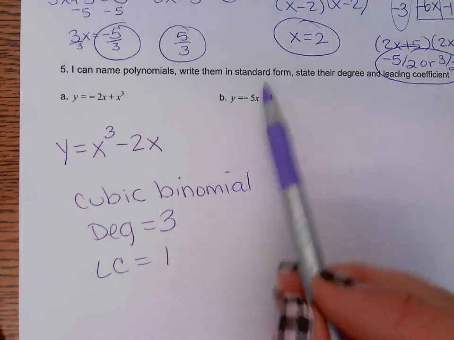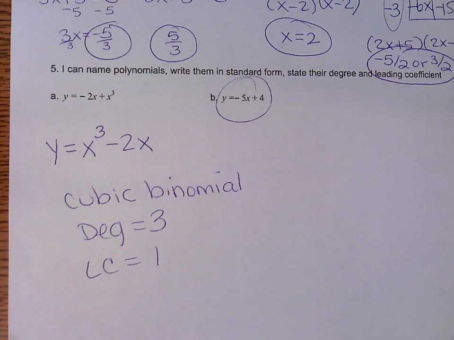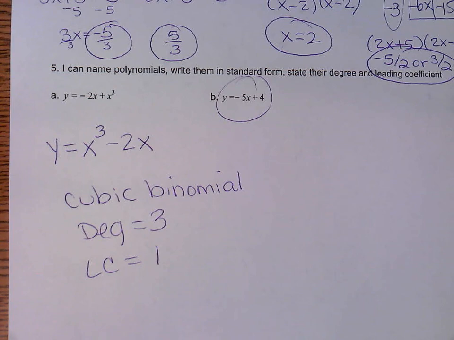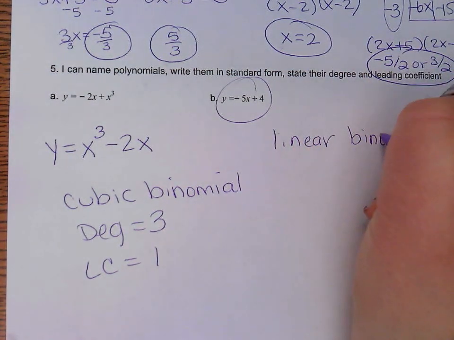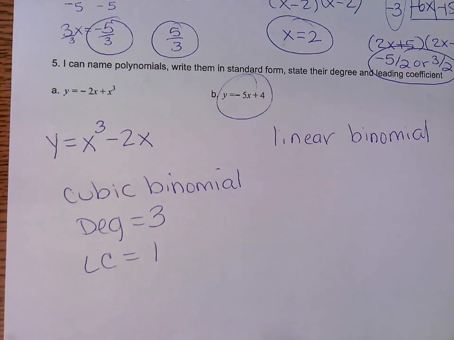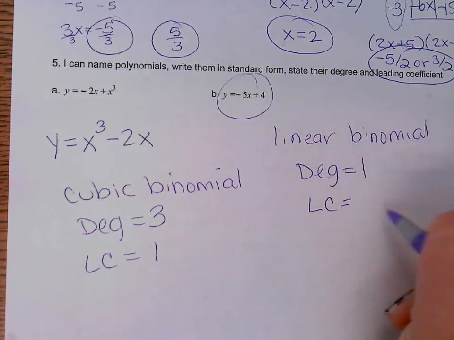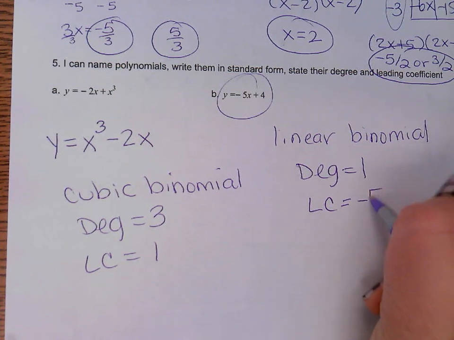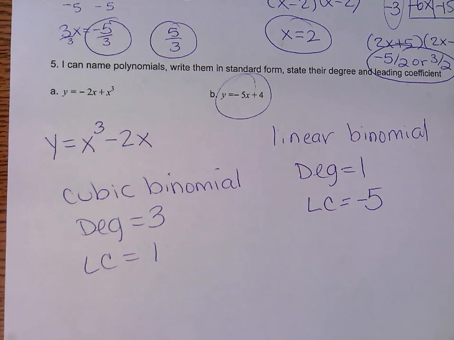Okay, what would you name B? B is already in standard form. What would you call that function? Linear, and it's also a binomial. I guess I should have put more than one. I should have put like a monomial or something. And what's its degree? 1. And what's its leading coefficient? It's negative 5. Because the leading coefficient tells you if it's going to be concave up or down at the end behavior. All right. So next, I wanted to